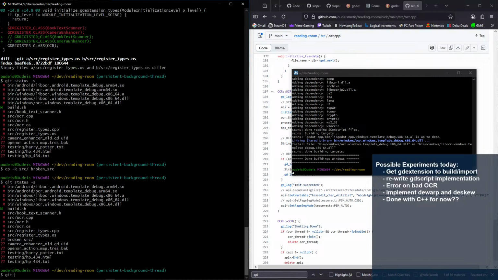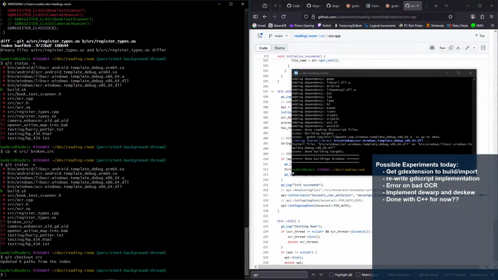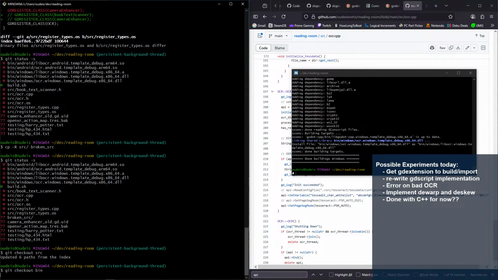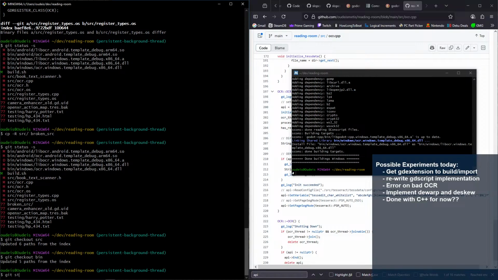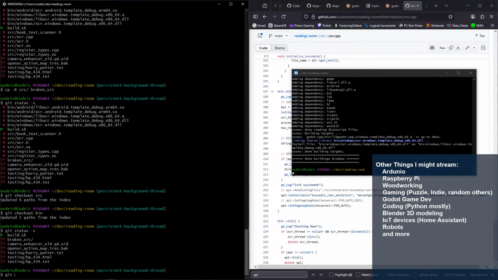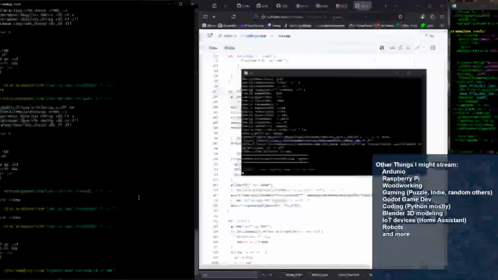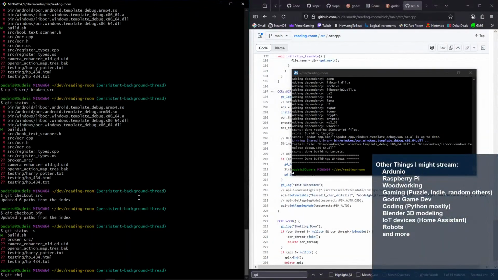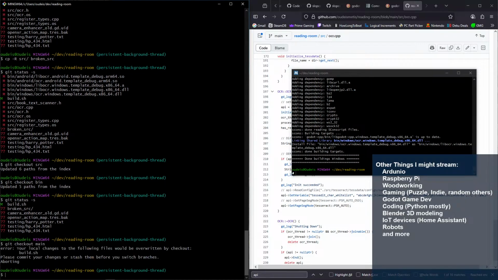We'll do git checkout source, git checkout bin, and then check another status. No files changed. Cool. Godot's not up. Good, because Godot can get weird about this next part. Git checkout, well, any of this actually, Godot can get weird about. Git checkout main.